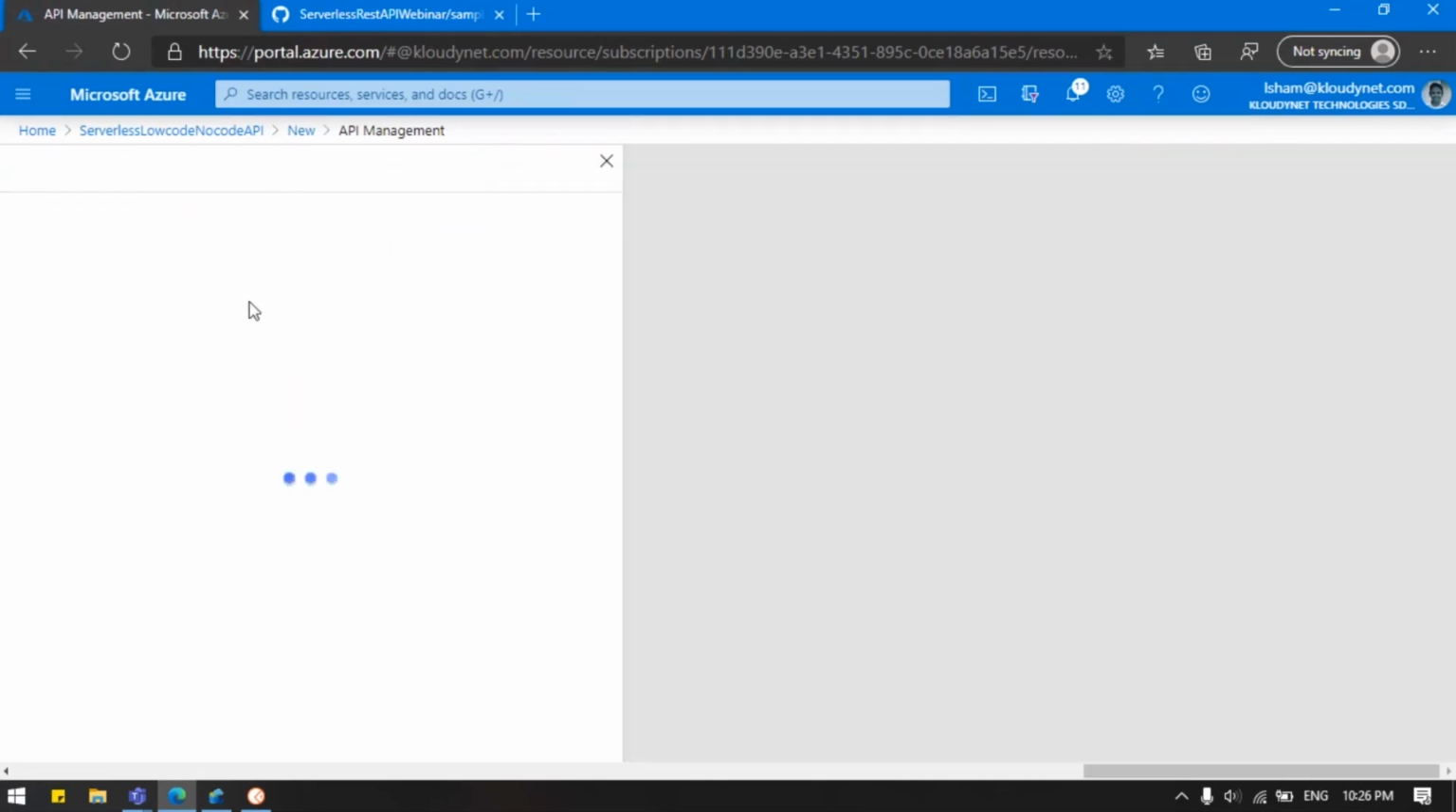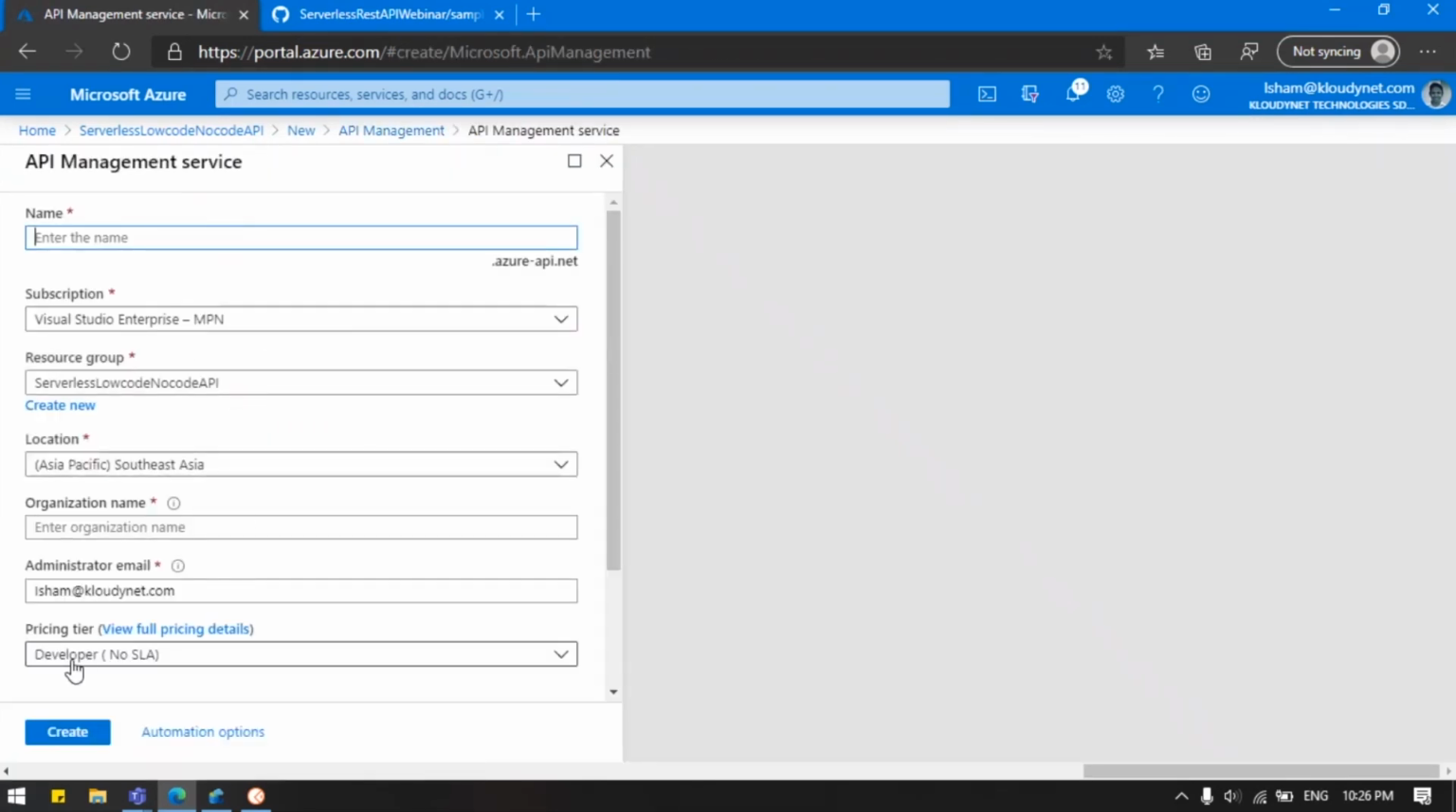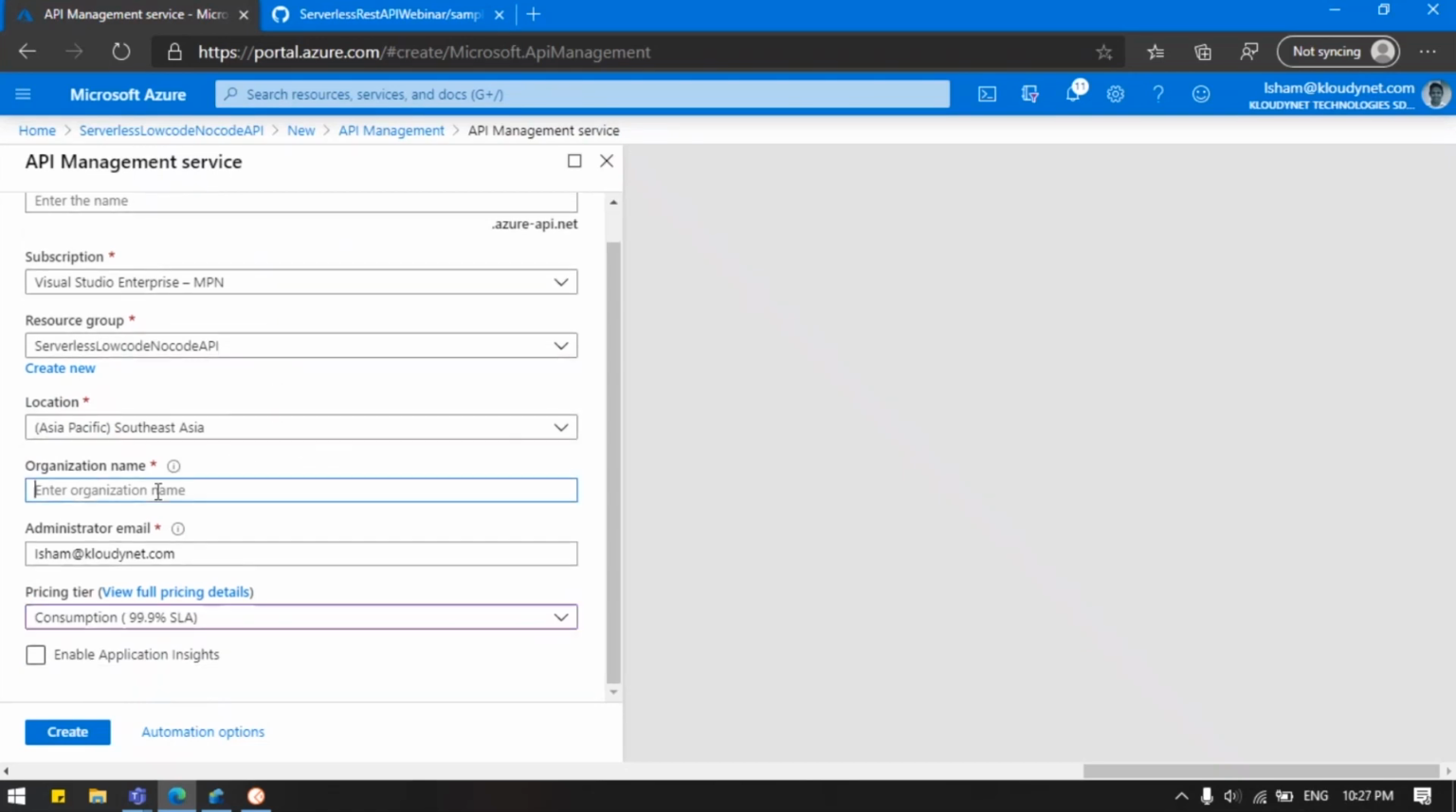Create. And a very important part here is the pricing tier. So select the consumption tier when you choose the pricing tier for the API Management service, to ensure the serverlessness. Let's make sure the subscription and resource group are correct. Give the organization name as CloudEnet